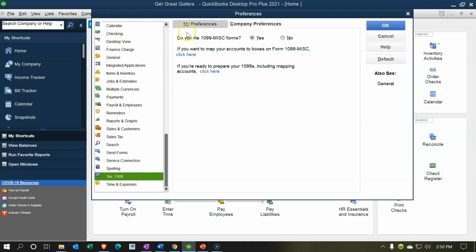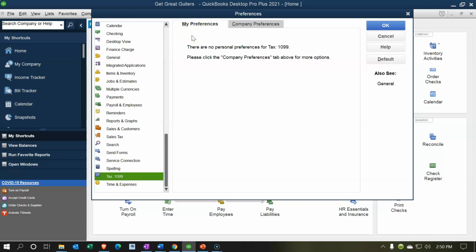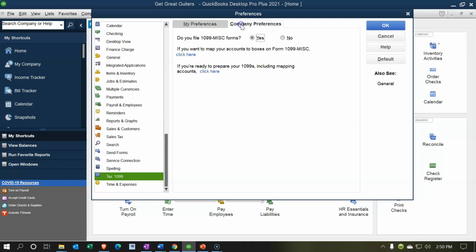So tax 1099, let's start at My Preferences. Nothing in My Preferences. Company preferences: do you file 1099 miscellaneous forms? The default is going to be yes. The 1099 miscellaneous forms, if you're a company and you pay money to somebody else, basically in the US,